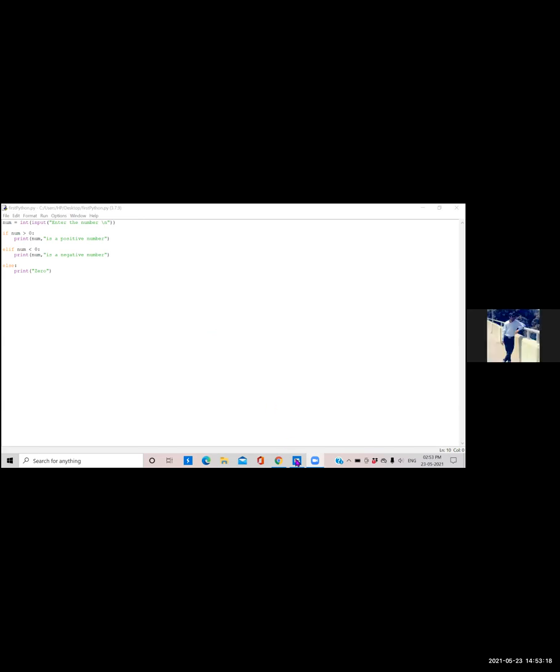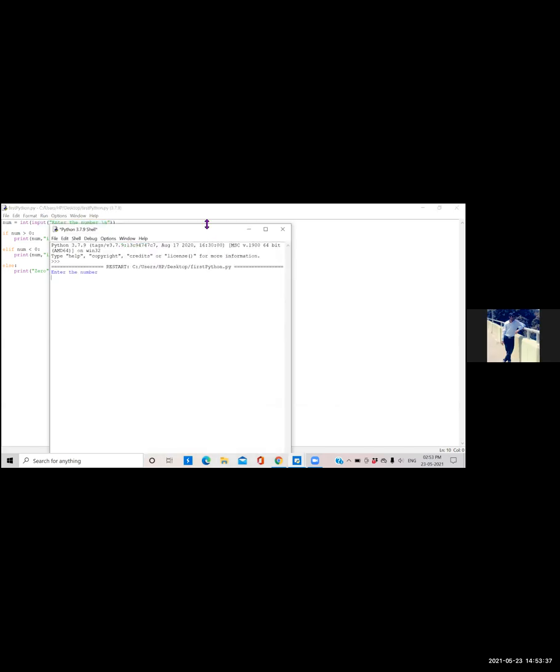Yes, it is visible. The code is visible to me. Now the output screen is visible. Yes, it is visible now, you can go on. When I take a positive number, then it will give me a positive number.